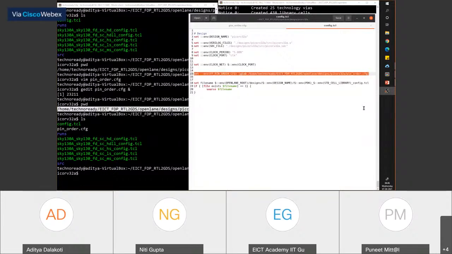I'm copying and pasting this in the Q&A box, but please, please, please change this initial path to whatever it is at your end. Otherwise, again, you'll get errors, okay? Just don't blindly copy and paste it. Please add this configuration, set this environment variable in your config.tcl, which is present in the Pico RV32A directory. I'll wait for 5 minutes to let this happen, and then we'll start working in the tool environment again.